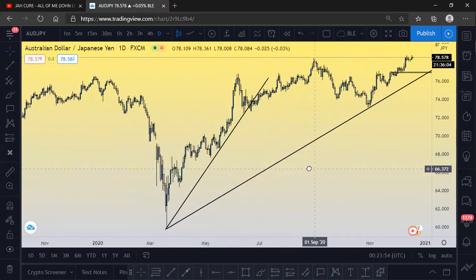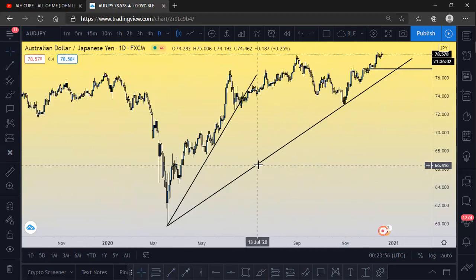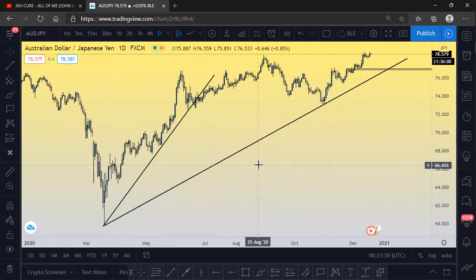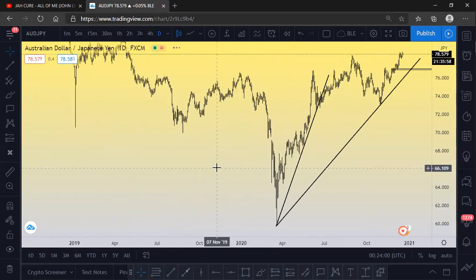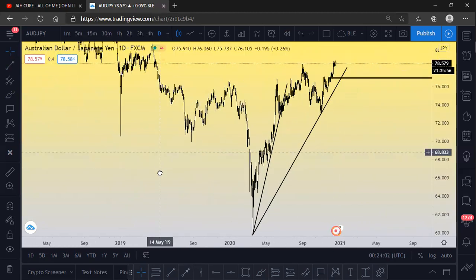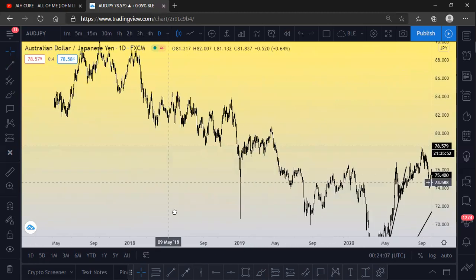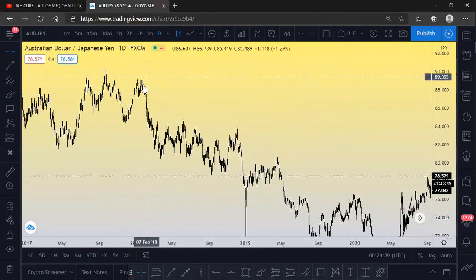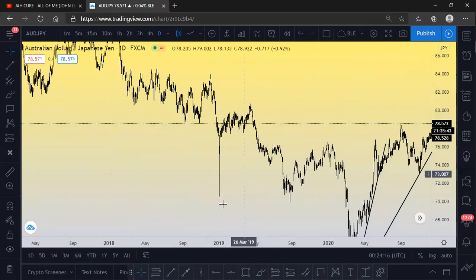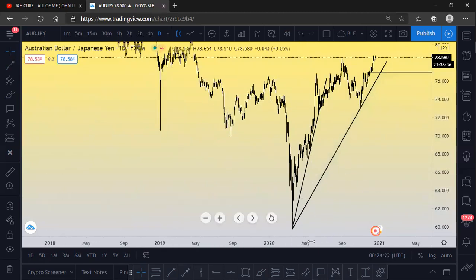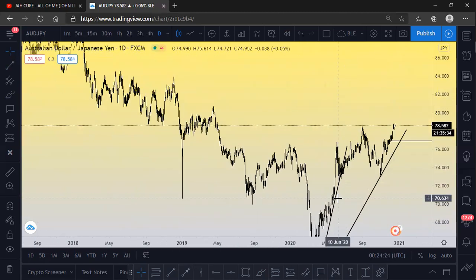But now let's try to look at structure. Zoom in, you can see how price has been trending downward. We had the lower low, we had the high, the lower low, lower high, lower low, lower high, lower low, lower high, lower low, right? But then what did you see here?